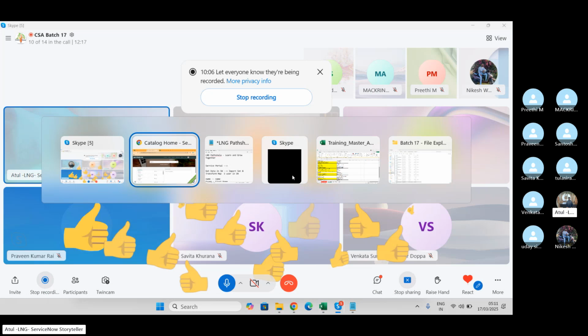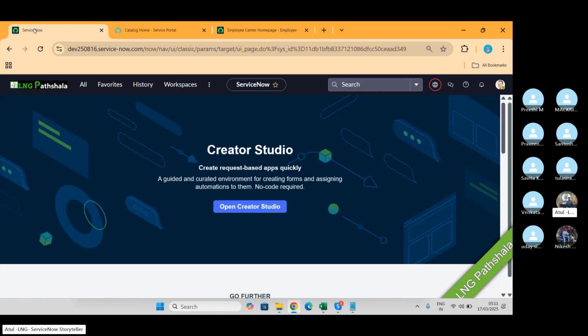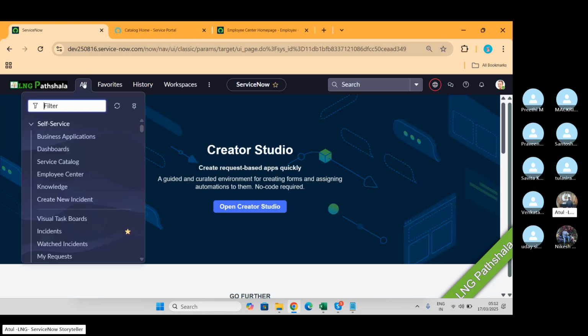Now let's go deeper. So this is the front face for the end user, and this is the face for the fulfiller, the user who works on incident, change, problem and updates those records, who are considered as fulfillers. Now to see where this has been configured, click All and search for the service portal.